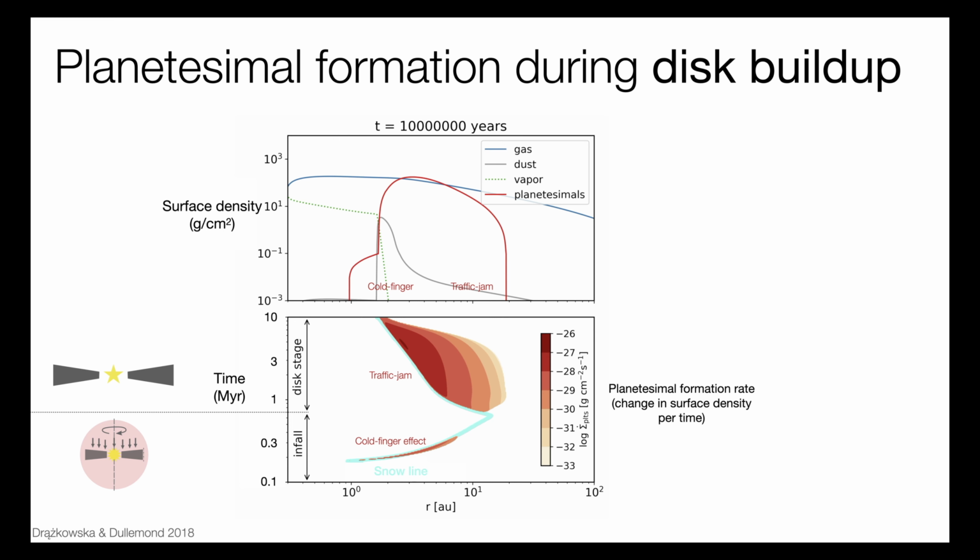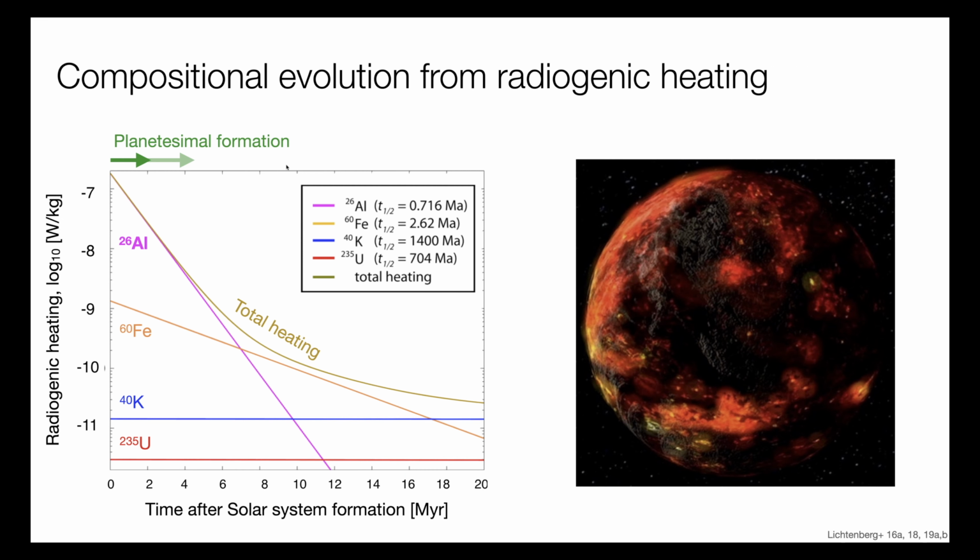This is shown here on the left-hand side in log units of watts per kilogram of silicate material relative to the formation of calcium-aluminum-rich inclusions. Aluminum-26 decay was the primary heat source for the earliest planetesimals, driving internal iron core formation and volatile release on a timescale that is comparable to the planetary accretion process. The process is sensitive to the accretion time of planetary bodies because the half-life of aluminum-26 is only about